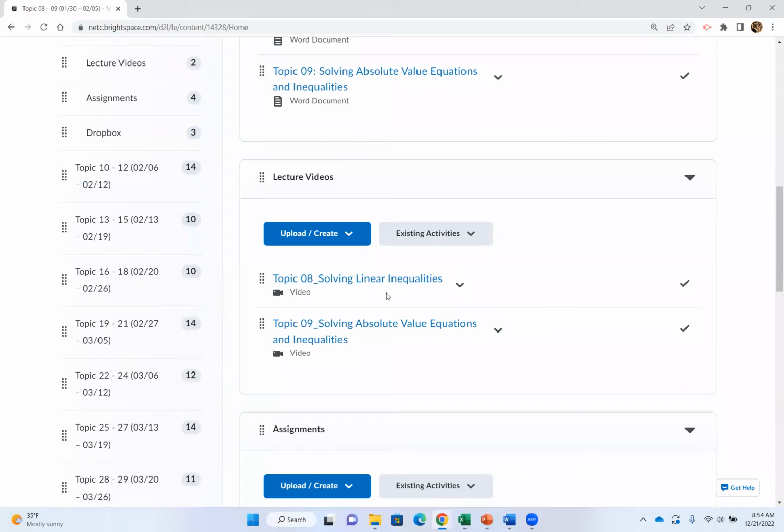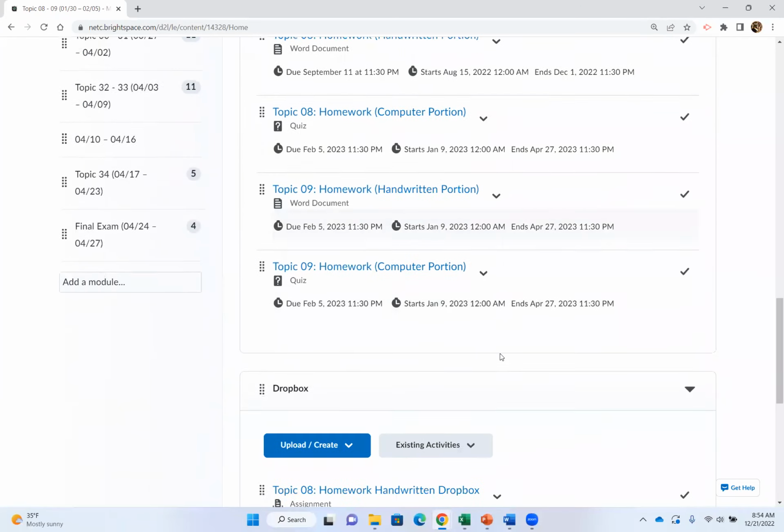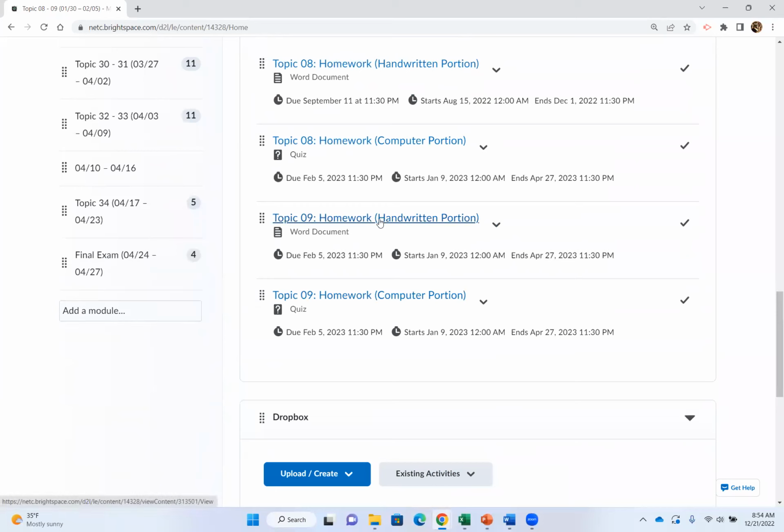So if we scroll down here a little bit, topic 9 also has both portions. When you get done doing both portions, so let's say we get done doing both portions, submit the computer portion, and right away upload your